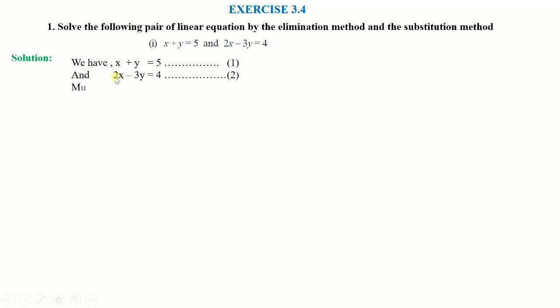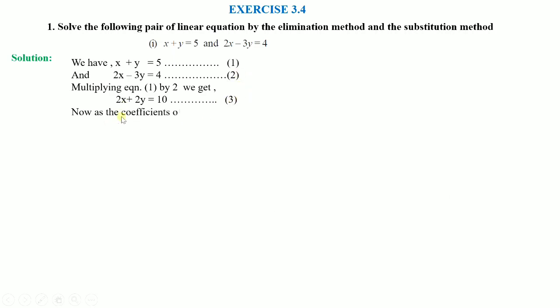Before we proceed, we need to see the coefficients. You can see here 2x, here we don't have 2x, so we will multiply equation 1 by 2. Multiplying equation 1 by 2, we get, why are we multiplying, so that we have numerically equal values, 2x plus 2y is equal to 5 2s are 10. Remember, we have to multiply both sides. So now from 1 we got 3. Now equations 2 and 3 are our target.